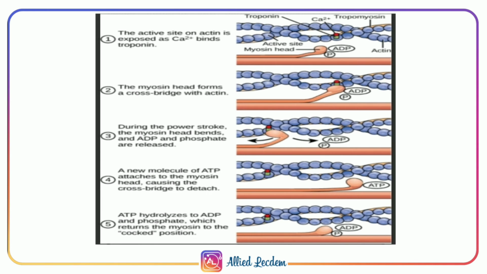Hydrolysis: ATP splits into ADP and Pi, the phosphate molecule. This causes the myosin head to change into a ready position and bind to the actin, the F-actin molecule. Next, cross bridge formation occurs between the 2 filaments. The myosin head binds to the actin filaments. Next, the bound ADP and Pi detach, which causes myosin to forcefully change back to its relaxed position. This is known as the power stroke.